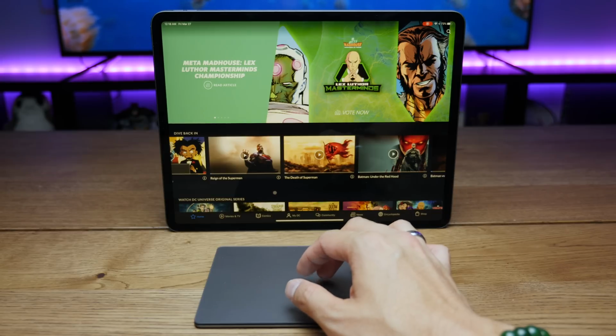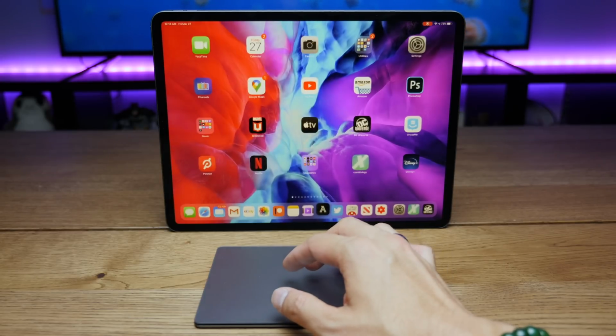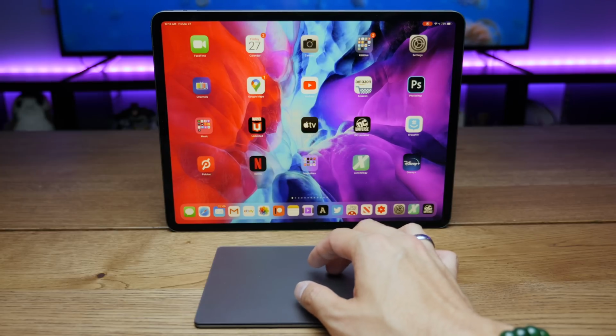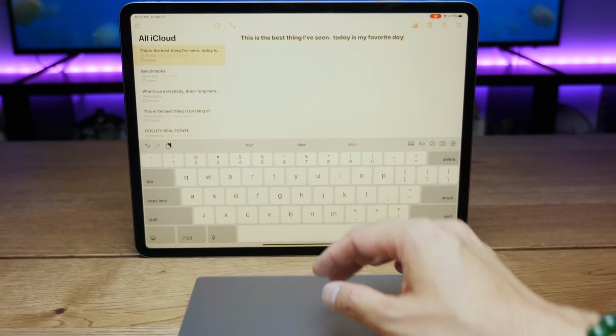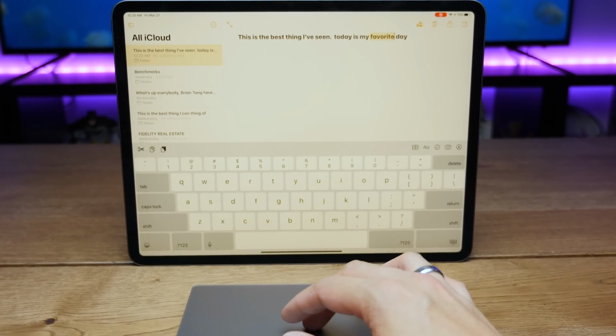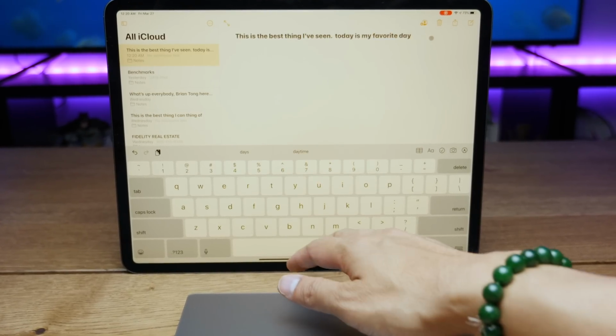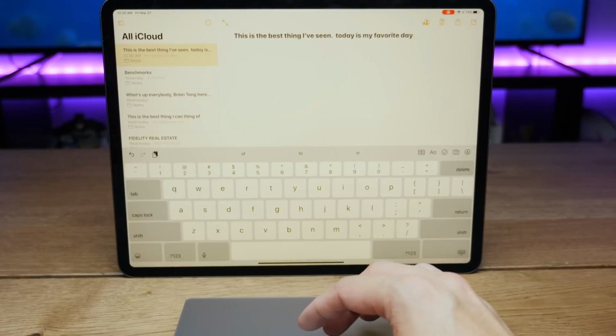So there's gonna be this learning curve, but it's very slick how the trackpad works, and it's contextual depending on what it's moving over. And you'll probably end up remembering different gestures depending on the task you're doing, but it's not gonna be consistent between the two. Also, doing anything related to copying and pasting text with the trackpad is infinitely better than any touch gesture that they've come up with. So I can see myself using the iPad like I normally do,